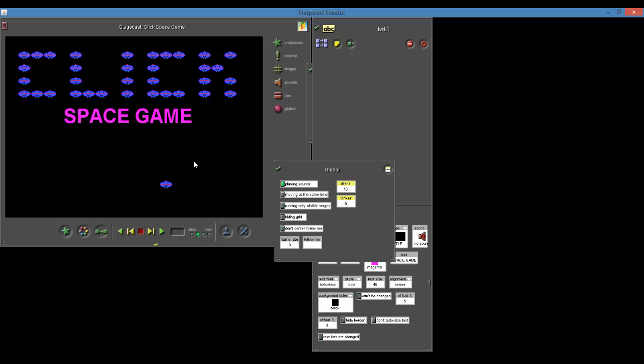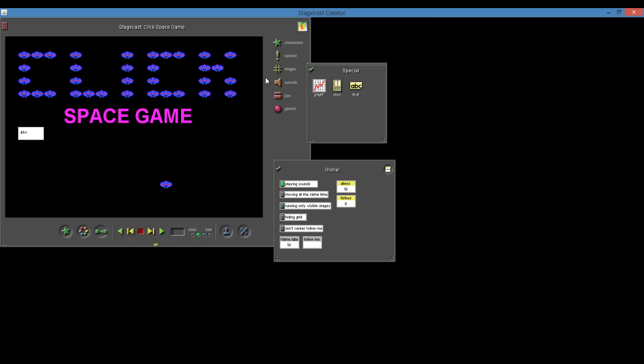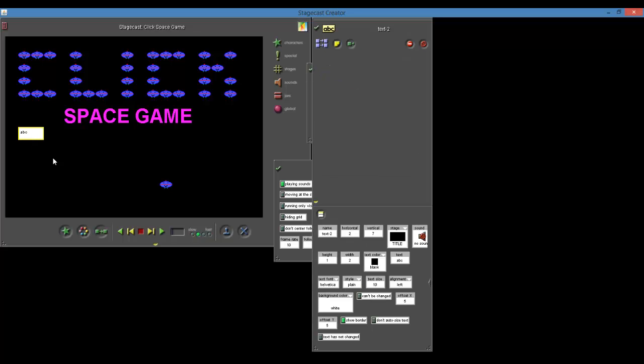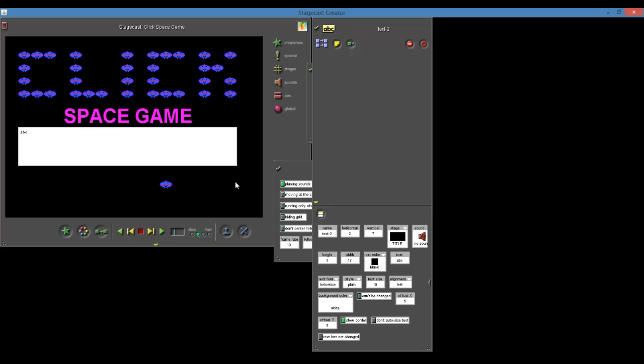And then I think the last thing we would need to do is go back into special, grab another text box, and I'm going to close this text box. We'll double click this guy. And what did we say? We said let's make this one 3 high and this one 17 wide. And we will center it again. And before we change the sizing or anything, this box we'll use just to create a little scenario and some instructions. So let's say